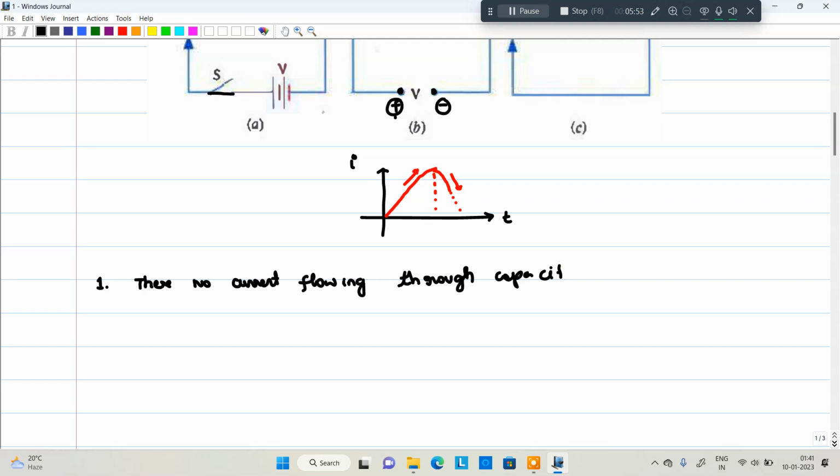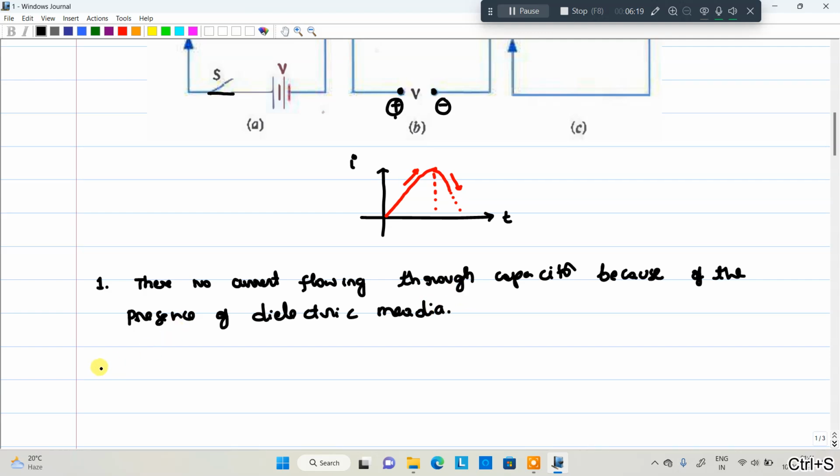Why? Because in between, dielectric media is present. Because of the presence of dielectric media, right? So next point you need to remember,